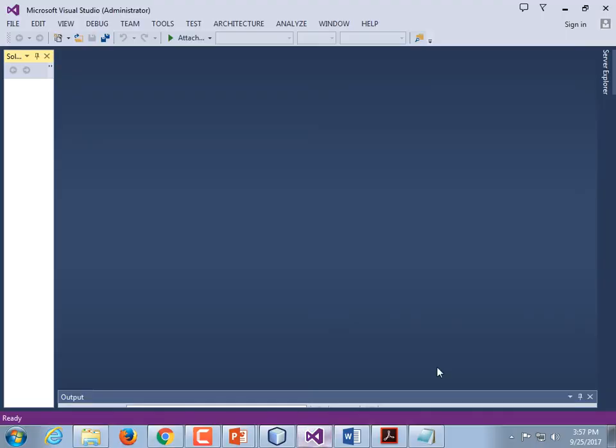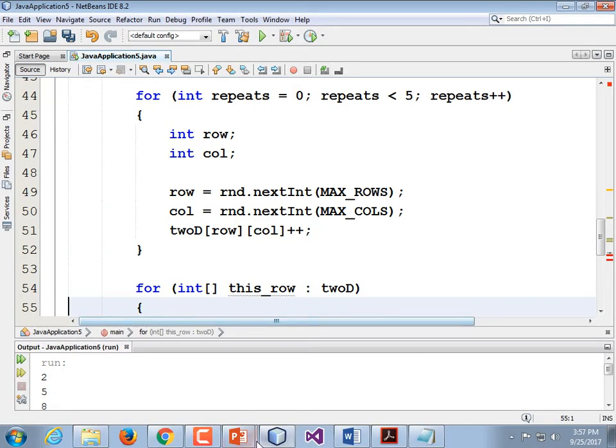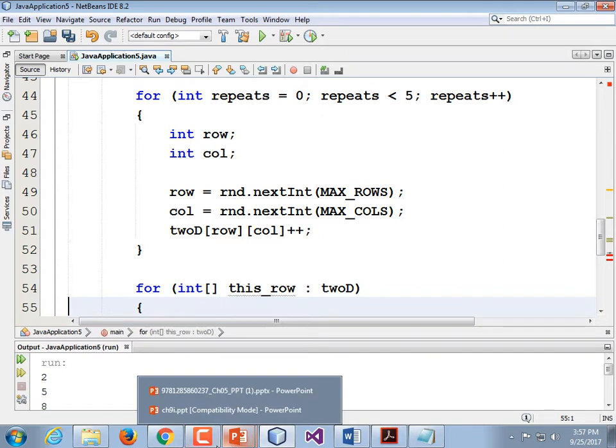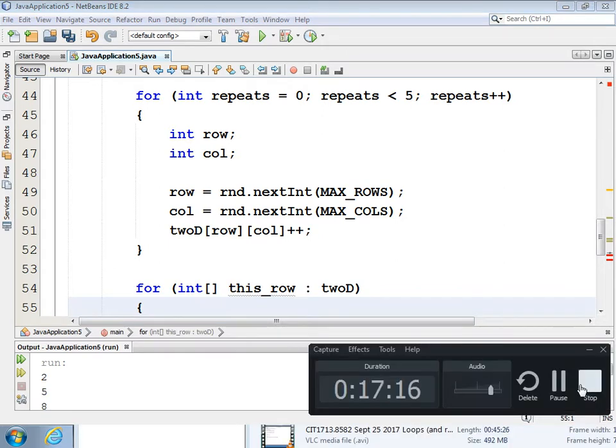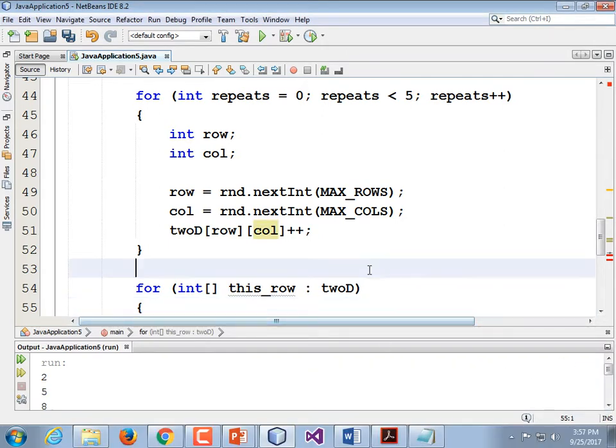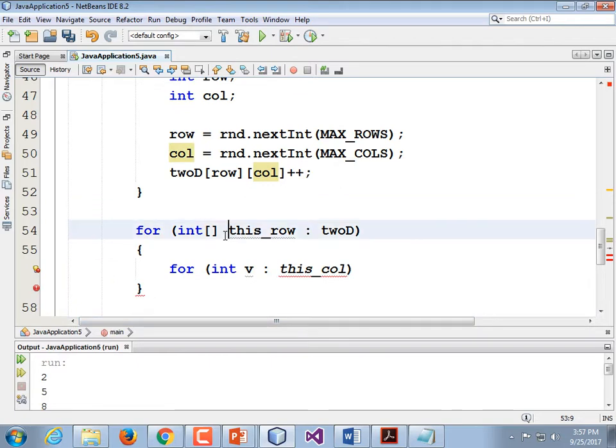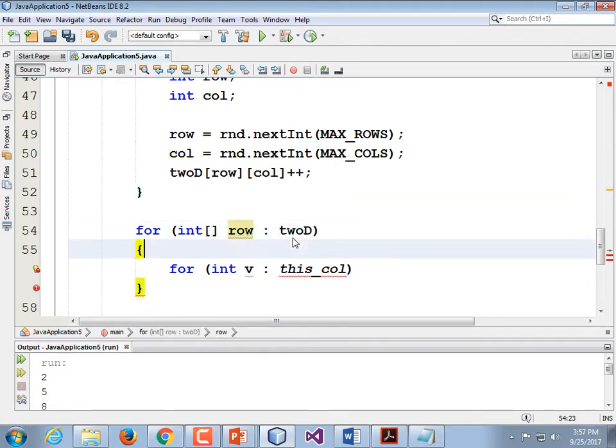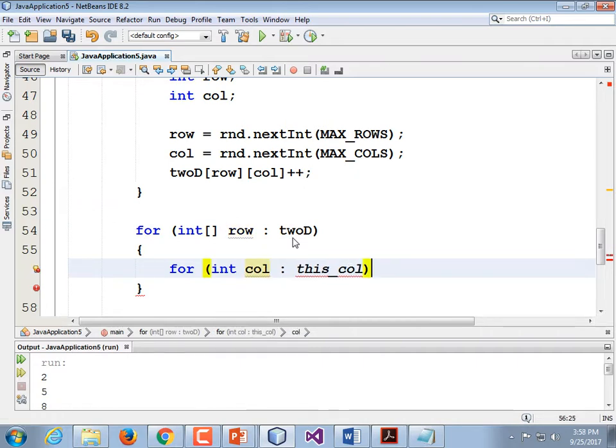Oops, didn't mean to launch that. Alrighty, so now I really can do. For every row in our twoD array, for every column in that one-dimensional array,